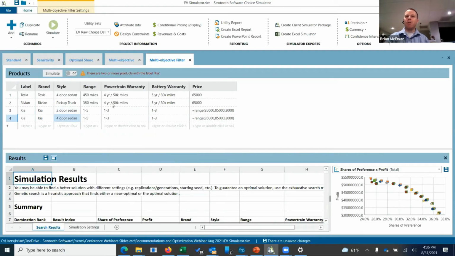So we lock that one, but these are both searchable options. Then the combined share and profit of both of these is the objective that's being maximized now, being optimized. So yeah, that's definitely doable. You can